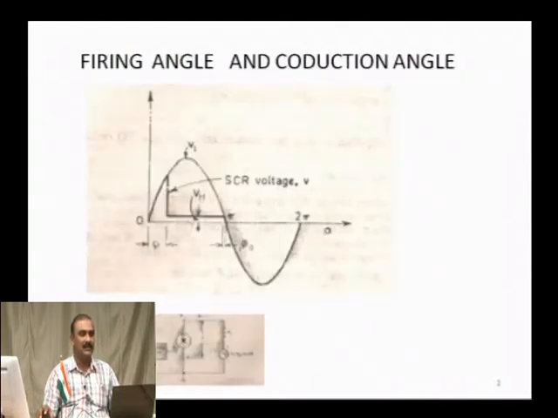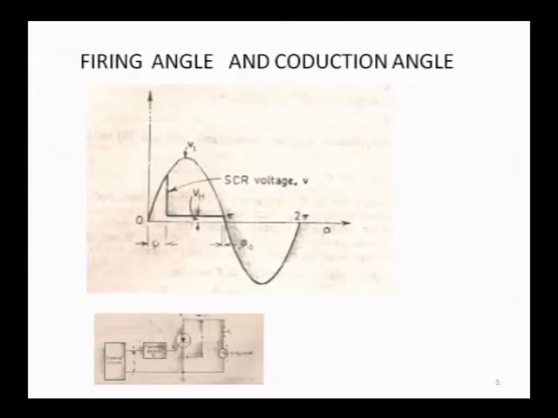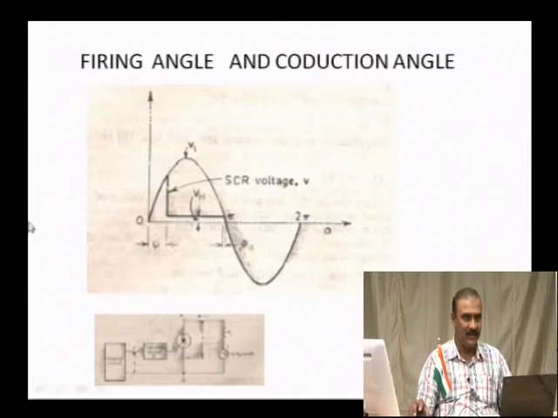And now this is what we say the firing angle, the diagram which has been drawn here, the firing angle. And then the SCR starts conducting from this end. This is the firing angle, right. At this angle alpha, the SCR has been fired, and this is the conduction angle beta. Now, of course, this small circuit diagram shows how the SCR is triggered using the gate control circuit. So, all these things have already been exposed to.